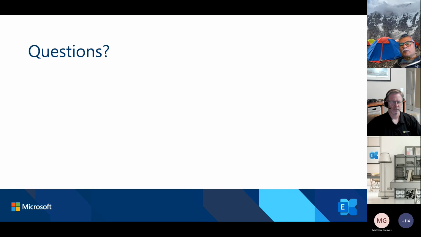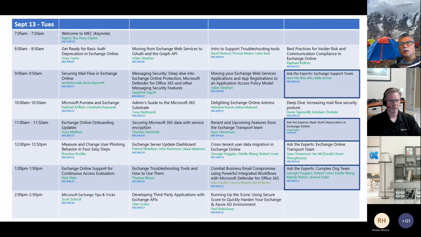I think with CBA you're issuing a self-signed certificate specifically for the user from the server that you're running those scripts on, rather than sharing, say, a quote unquote password or a secret. I think Graph will provide you a better option there, but again, this question is probably better answered by Greg Taylor on the basic authentication piece that he's presenting today or tomorrow. If you can attend that session, I think that will give you some good information.